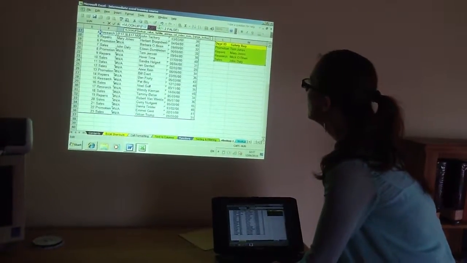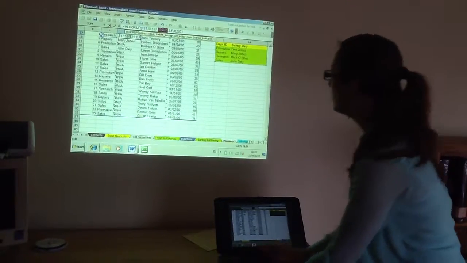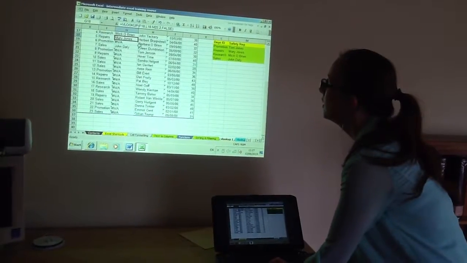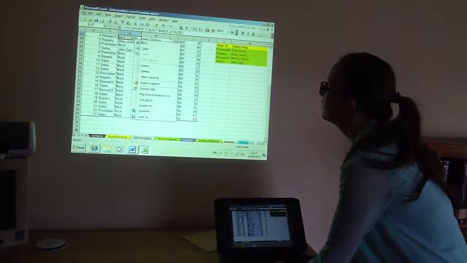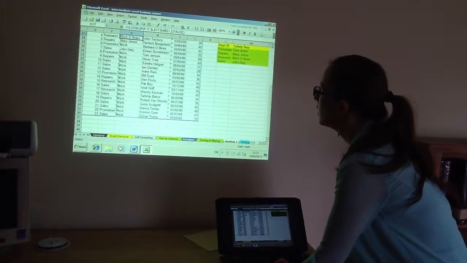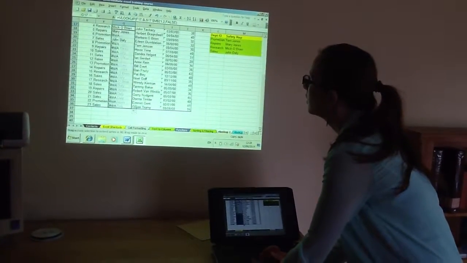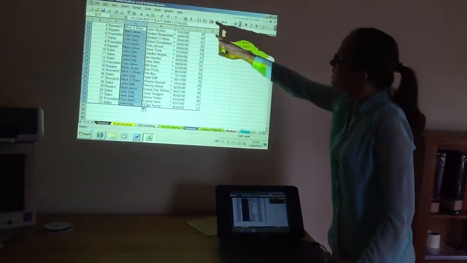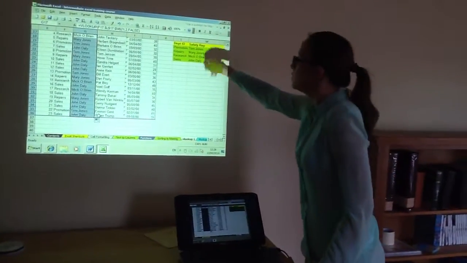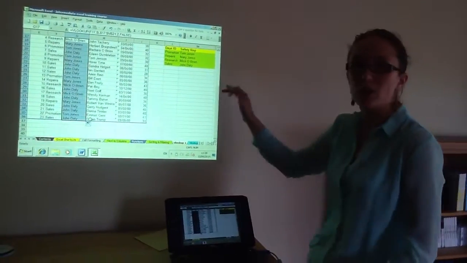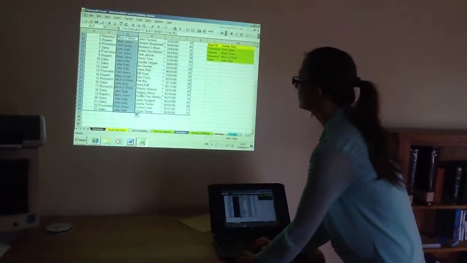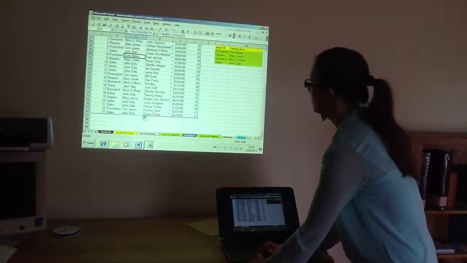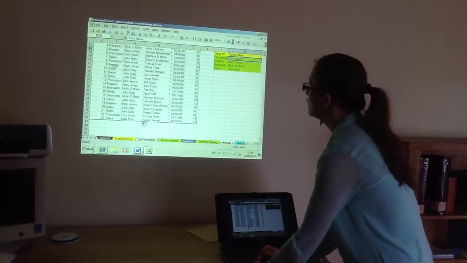Press F4, go in here, press F4 again. And now we can drag it down. So there you go, we have it. So what we have done is we have made L17 to M21 absolute, so all the time we are looking up that table array. Let's just say, for example, we wanted to change Tom Jones' name